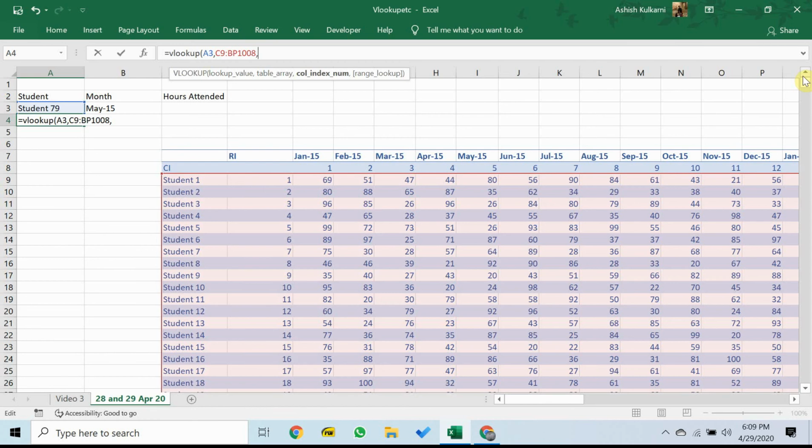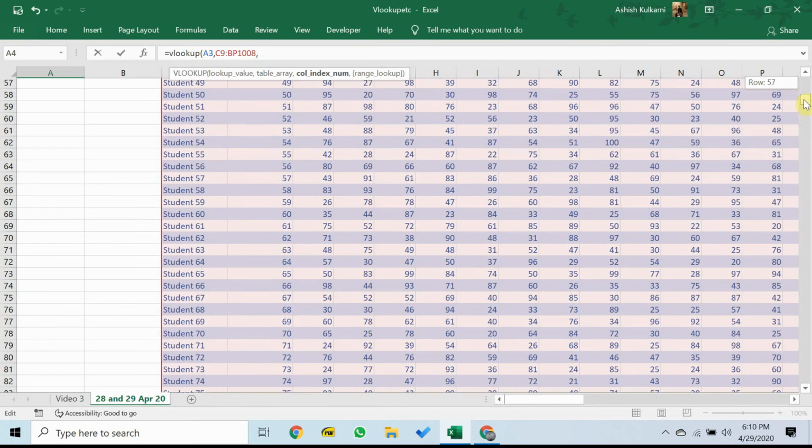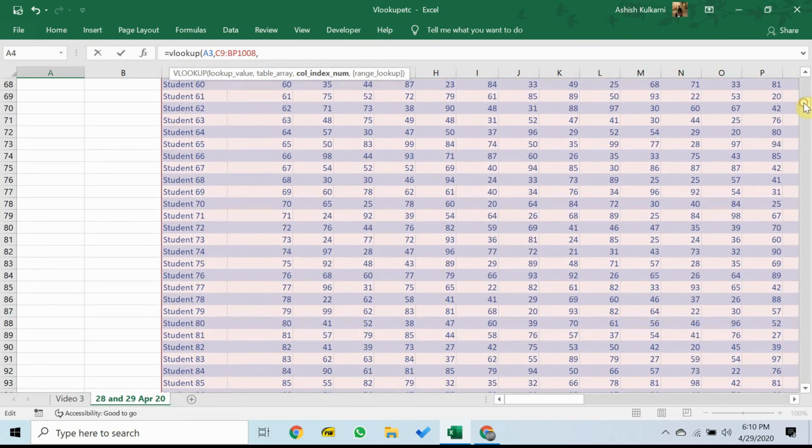Okay, so it starts searching for student 79 in the big red rectangle's first column, and once I have found whatever is written in cell A3 in the red rectangle's first column, then I know, for whatever reason, you are immensely interested in this particular row.